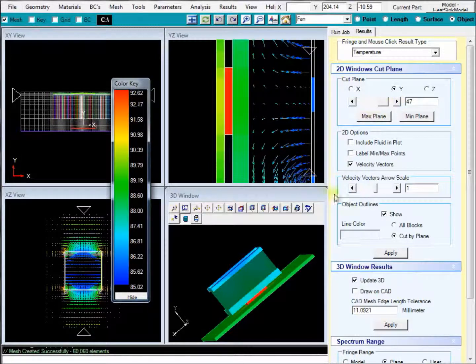Okay, so that concludes our demonstration of this simple model. I hope it was